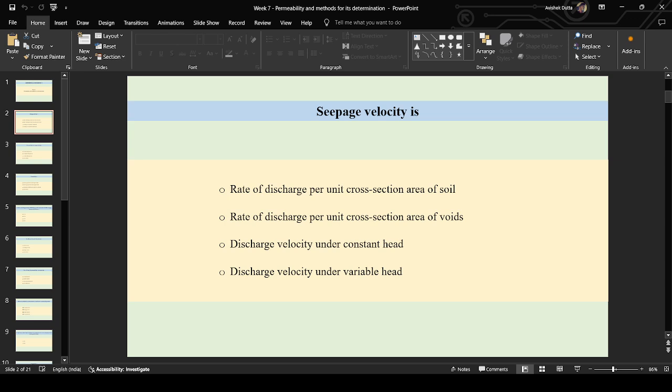Okay. So seepage velocity is first option rate of discharge per unit cross section area of soil. Second option rate of discharge per unit cross section area of voids. Third option discharge velocity under constant head. Last option discharge velocity under variable head. Okay. Next question